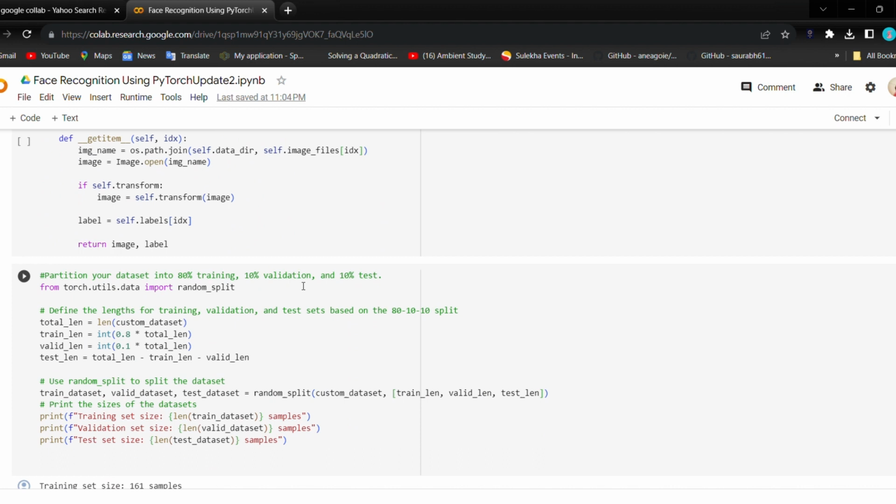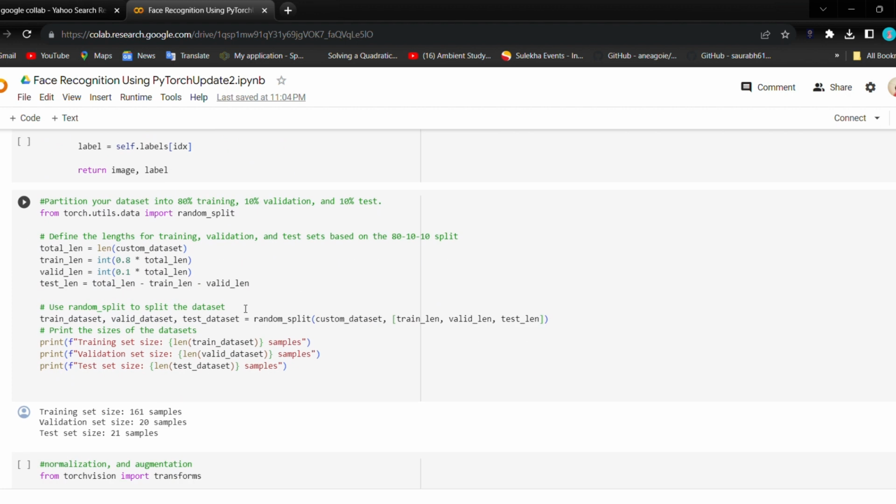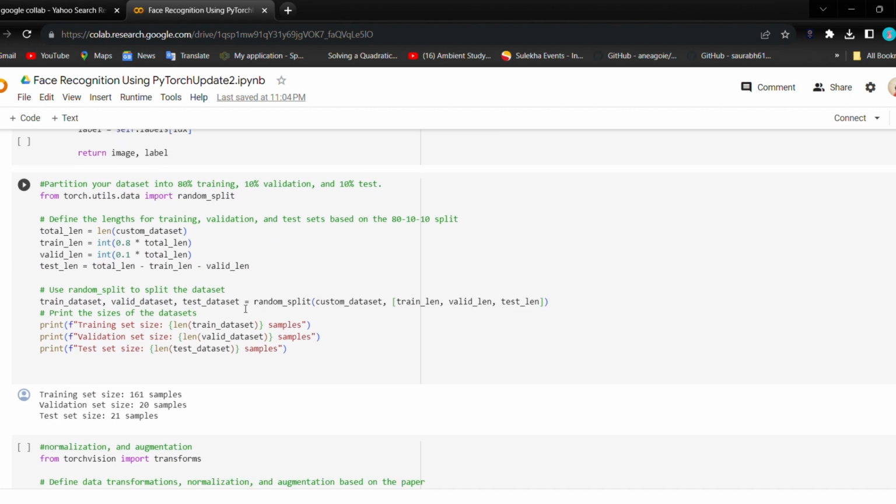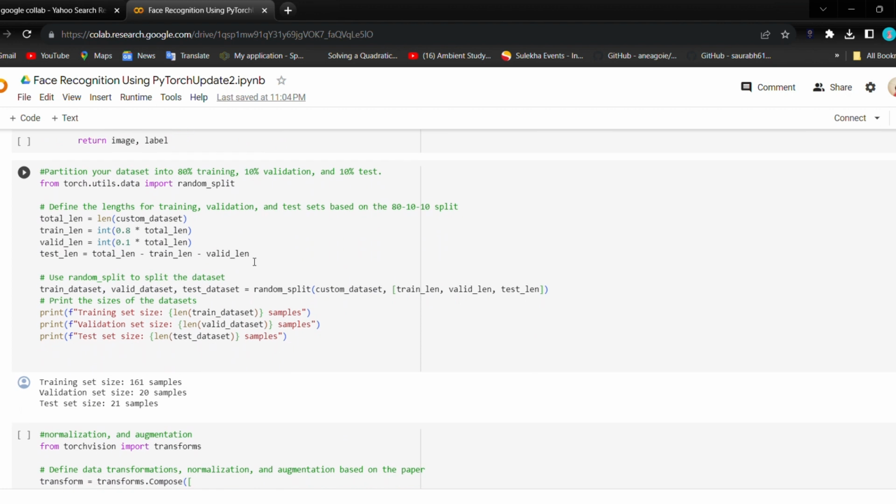Here we are partitioning the dataset. The code partitions the custom dataset into training, validation, and test sets using the random split function from the PyTorch library.